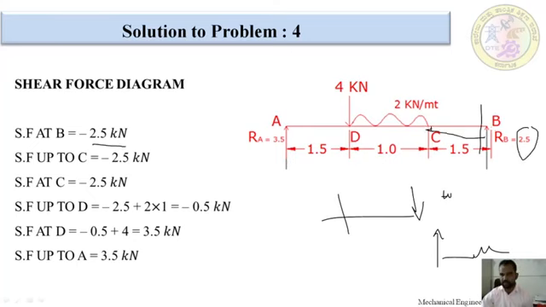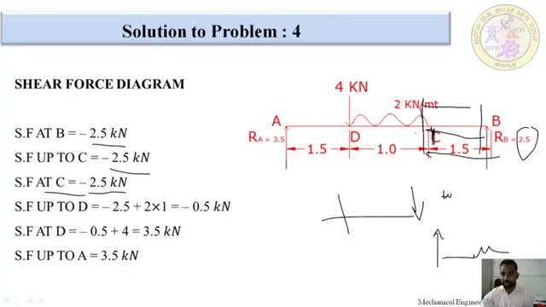Up to this point, up to point C, we are having the same load. How much? Negative 2.5. At point C, I am going to take a section just over the C point. From here to here there is no load, no downward force. From right to the section, there is no downward force. For that reason, we have the same load up to point C also. That's why it is negative 2.5 kilonewton.